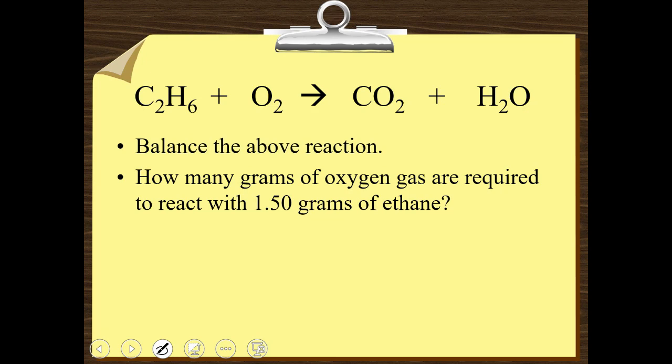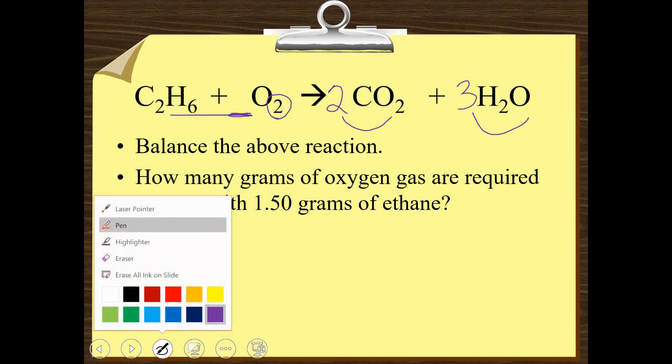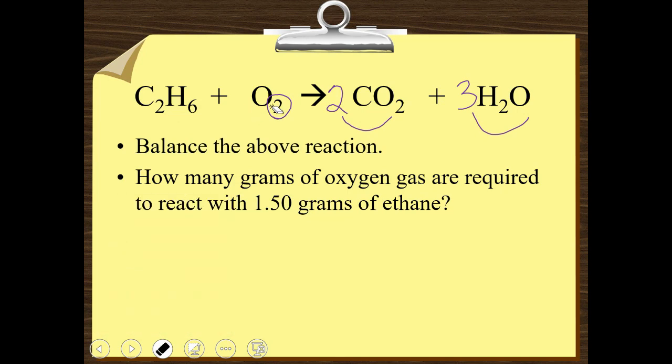So this is one. It's a little tricky when you put a 2 here for the carbon and a 3 here to get 6 hydrogens. You get an odd number of oxygen. You get like 4 and 3, which is 7. You cannot put a number there and get 7 because times 2 is always going to give you an even number. So I don't know if you remember from balancing, but if you have odd on one side and even on another, it's good to double the